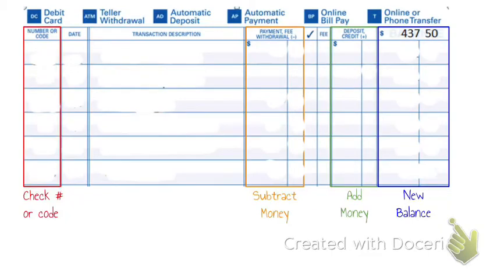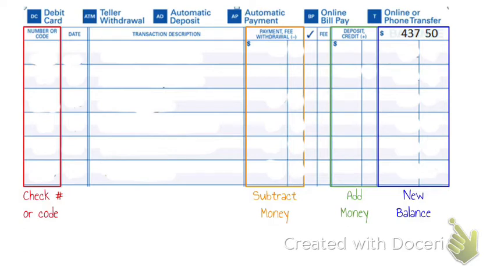Here I'm going to go over how you can fill out your checkbook and keep a running balance of how much money you have in your account at a given time. It's important to do this because if you ever have a negative account balance, then your bank is going to charge you a fee. So let's go over an example, but first off I want to show you how I've